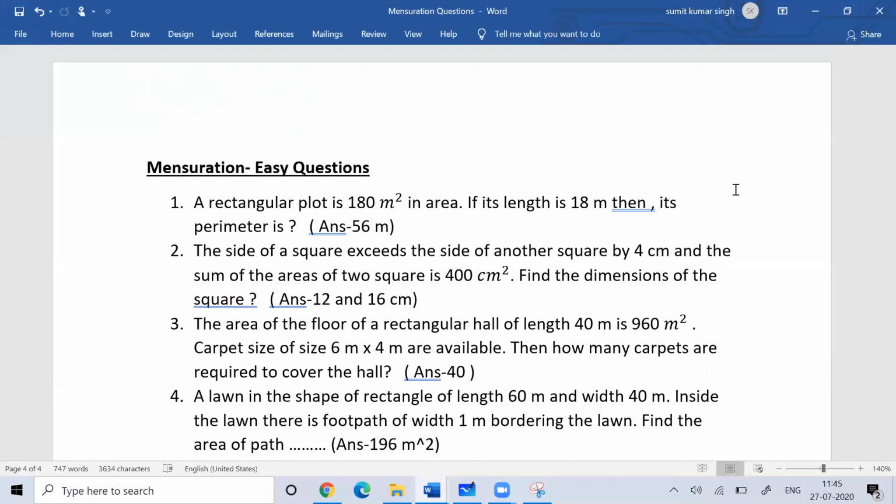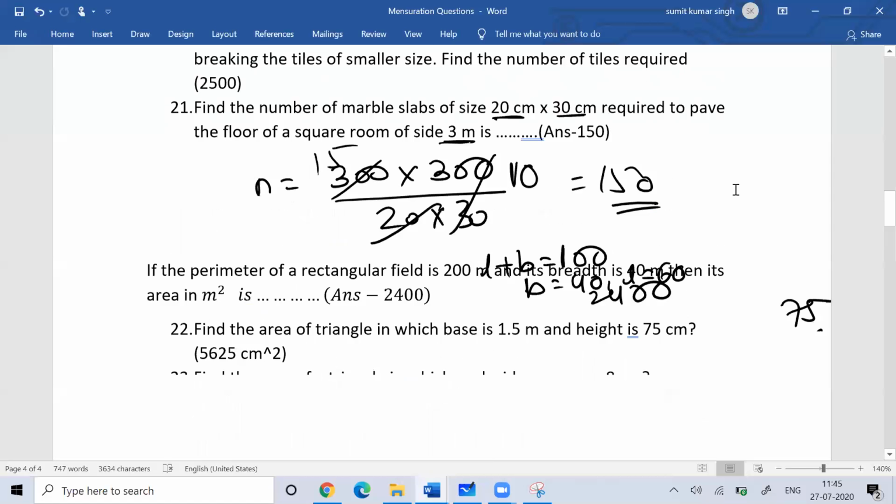In some exams, the questions which come are very easy level. So they are just the direct application of formula. So if you know the formulas of rectangle, square, rhombus, parallelogram, circle, semicircle, we talked about those formulas: cylinder, cube, sphere, hemisphere, cone, cuboid. If you know the volumes and area formulas of them, their relation between sides and their diagonals, I think you can easily crack these questions. Solving these questions is not at all difficult, as you can see.